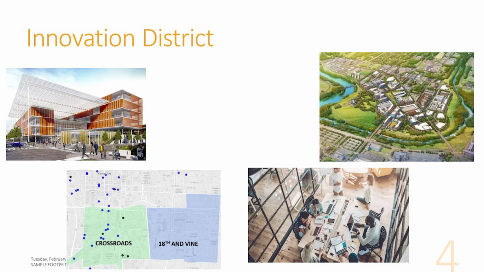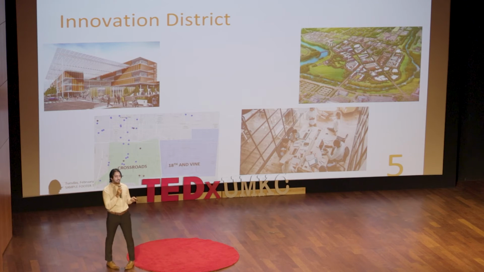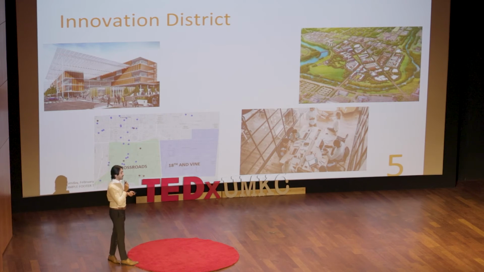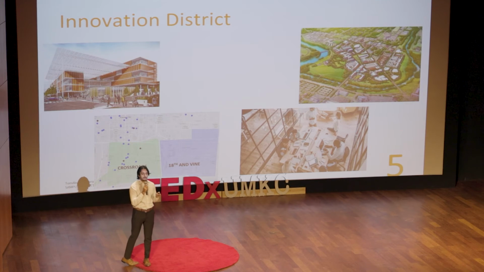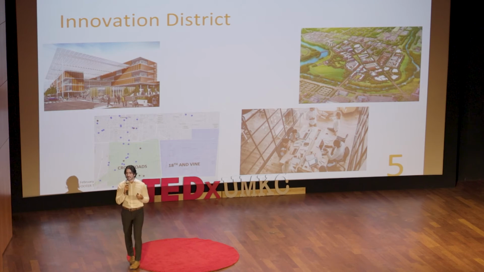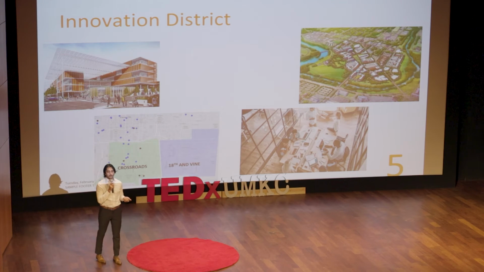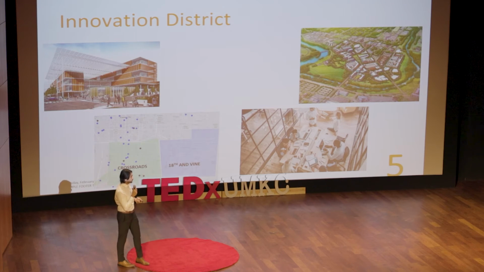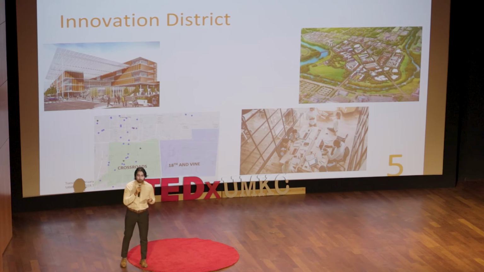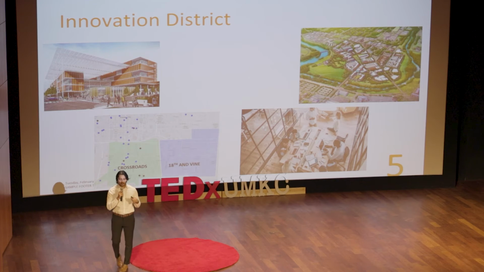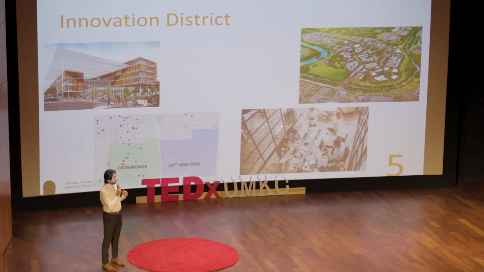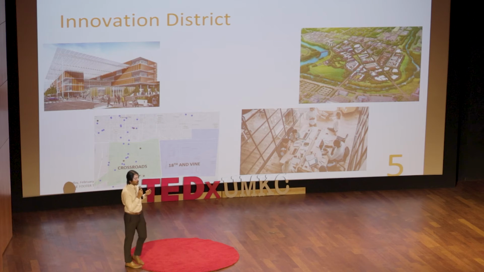Now, the Innovation District is designed to be a center for creativity and entrepreneurial energy. And right off the bat, we can use AI to pinpoint the best location to build the Innovation District, one that takes certain factors into account, such as accessibility. Is it accessible to everybody in Kansas City, including those who rely on the streetcar as their primary mode of transportation? It can also take into account if it's a central location that allows for easy partnership with local institutions